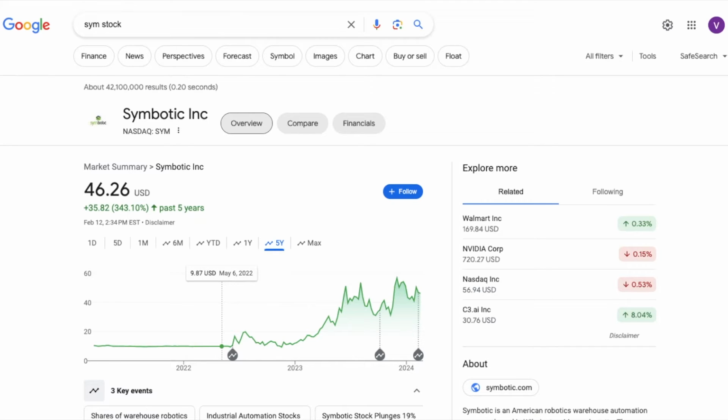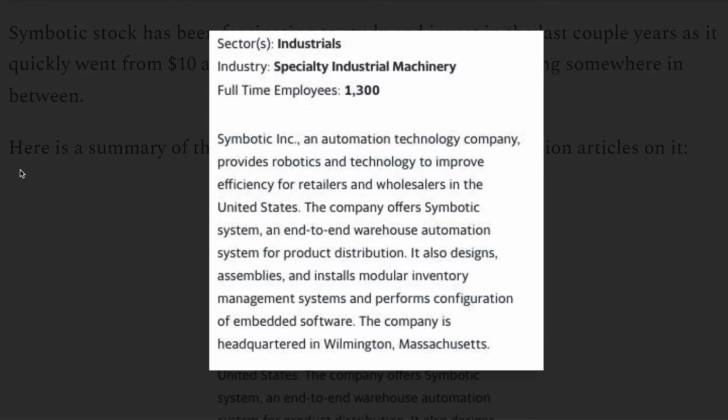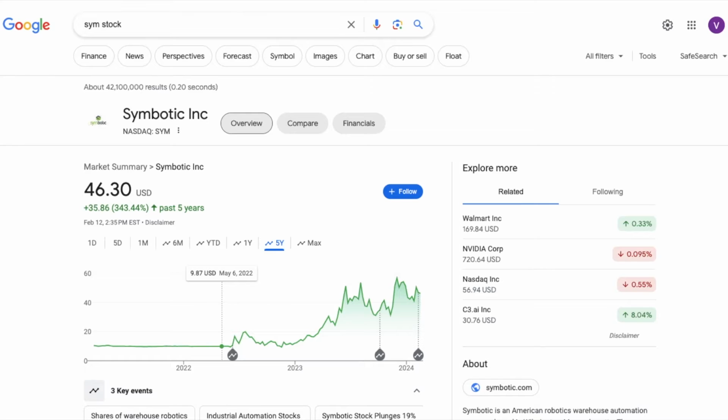So, here is a summary of the company if you don't already know from my bajillion videos that I've made on it. I'll let you guys pause the screen and read this if you want, but it's essentially just a warehouse automation company. They got some tailwinds definitely from this whole AI boom, but it has definitely been a